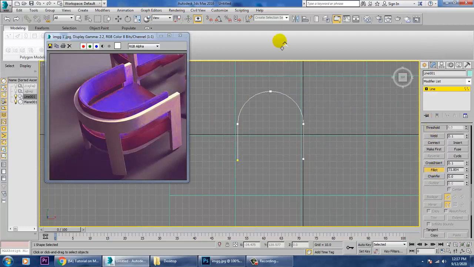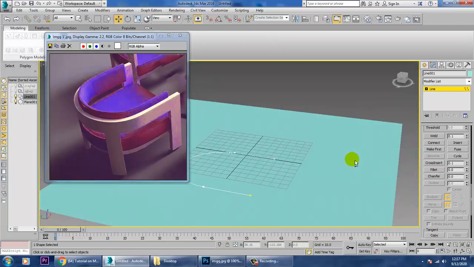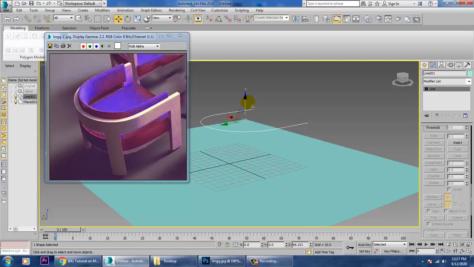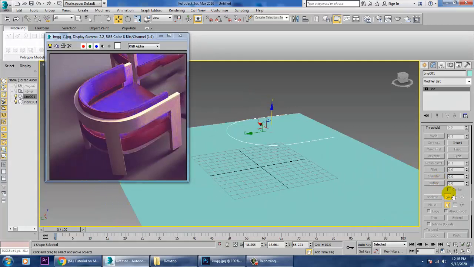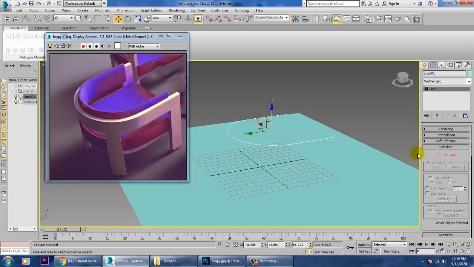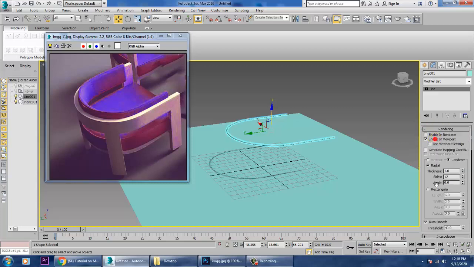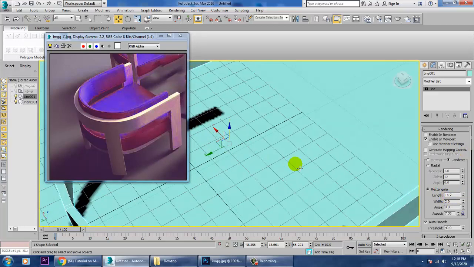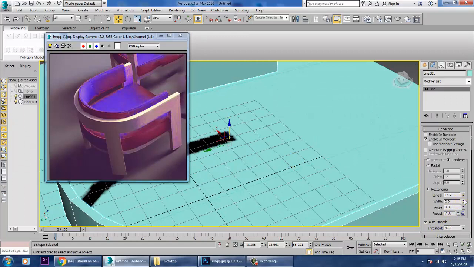So after you have assigned a fillet over here, let's just push this up and we can go into rendering, enable in viewport and make it rectangular. So definitely we'll be just increasing its width a bit over here.